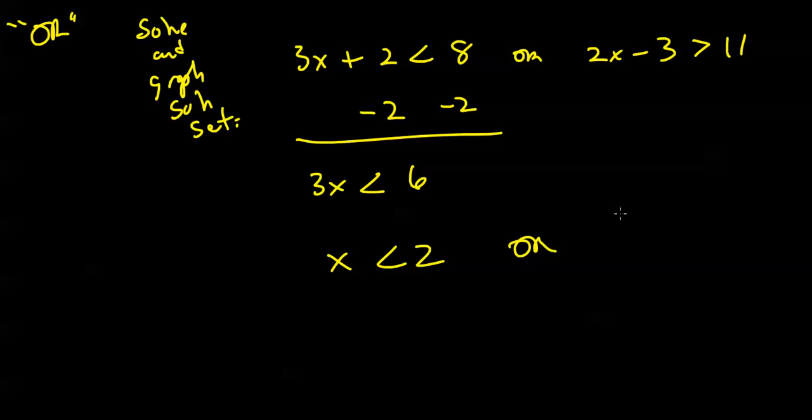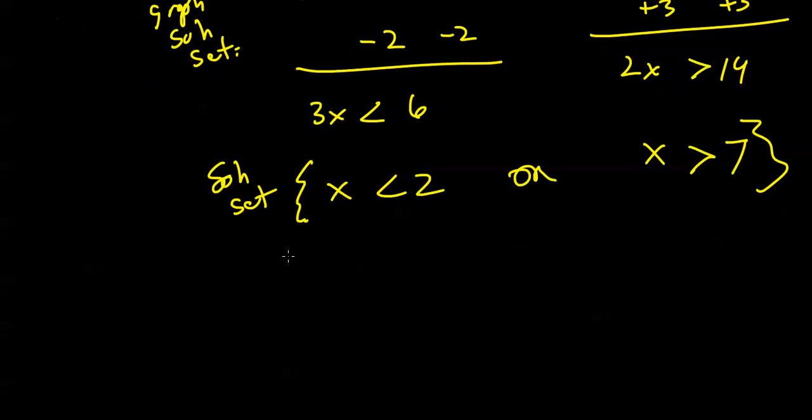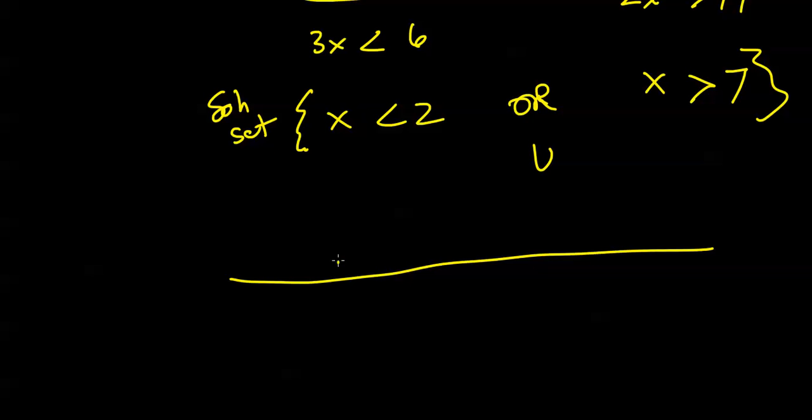Or, on the right branch, I'll add 3 to both pieces. 2x is greater than 14. Dividing by 2, I get x is greater than 7. Oh, that one was too easy, wasn't it? Here's my solution set. X is less than 2, or I could also put set union, or x is greater than 7. And again, in these OR type situations, we can usually count on